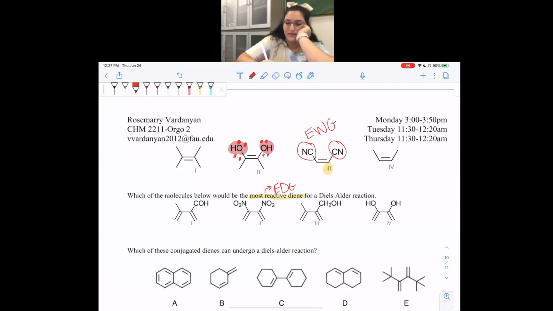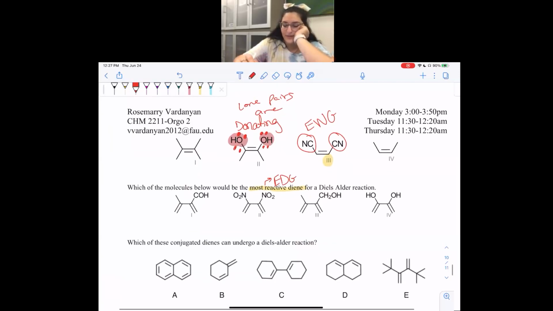Lone pairs are donating. So that's the difference there. Okay, so for this next one, all of these are dienes. Cool. And we're comparing